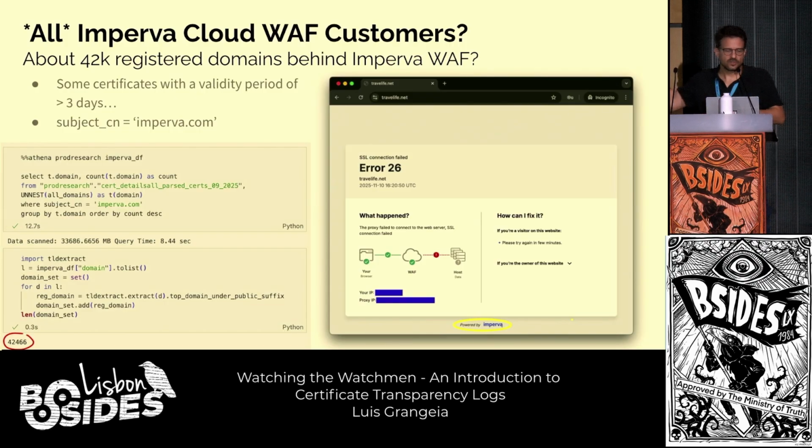Also, this was actually the very first thing that I saw, Imperva. Imperva does the same thing. They basically generate certificates. By the way, for some reason, some certificates have a validity period of 1 single day. Don't ask me why. But basically, you can single out customers of Imperva, just the Imperva Cloud WAF, Cloud Web